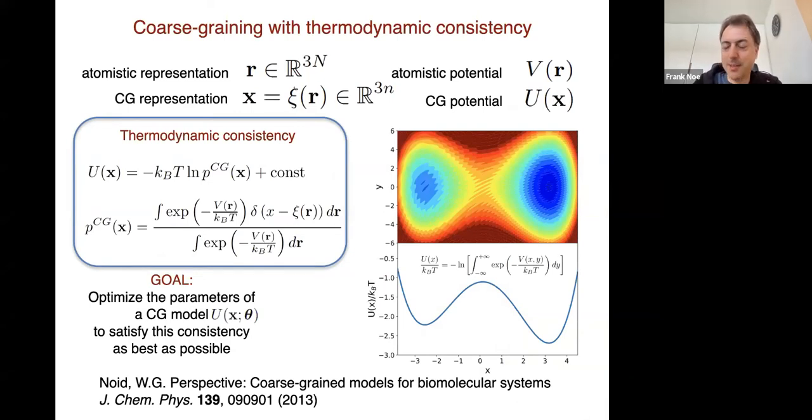So what is it that you want to maintain or restore in your coarse-grained simulation? Because of course you cannot have everything. If you remove degrees of freedom, there will be certain properties that you will lose. And the idea is that we basically want to keep the thermodynamics intact. So we define a mapping that goes from all-atom to coarse-grained. So basically we define which are the particles we keep and which are the particles we throw away.